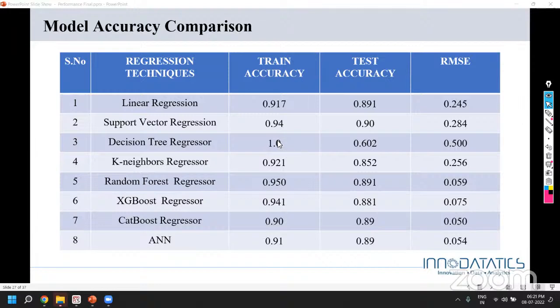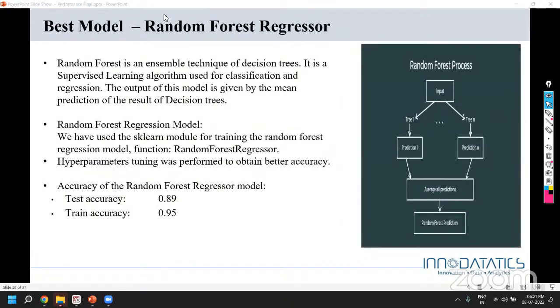So we had to use various hyperparameter tuning techniques to ensure that these things are taken care of. And finally, we used the random forest regressor, which gave us a little better test accuracy, which is used for generalizing the performance of the model.